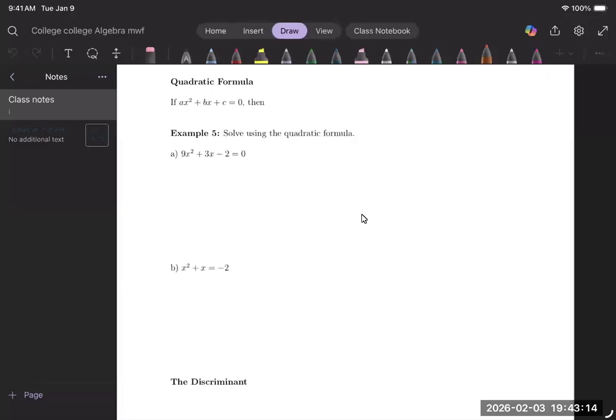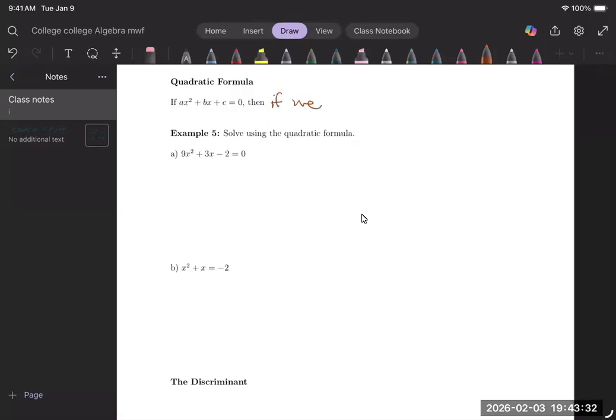Hi everyone, this is a little mini lecture just to catch up from the freeze day. So we're going to go with the quadratic formula and then the discriminant. So quadratic formula. If ax squared plus bx plus c equals 0, then